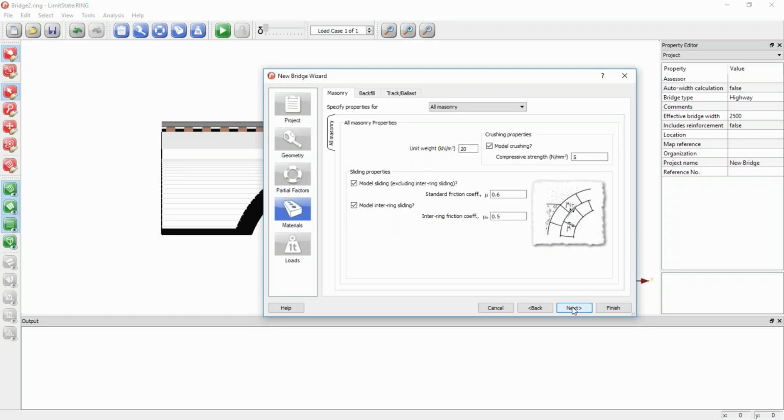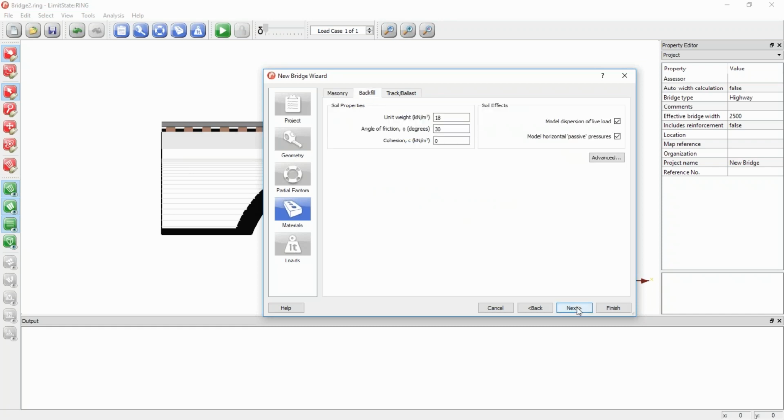Move on to the masonry. We can choose to have all the masonry the same, or we can choose, if we had a multi-span bridge, for example, we can choose the piers to be different masonry to the barrels. Here I'll keep everything the same. You can see that the key parameters that we're looking for are the unit weight and the compressive strength and the angle of friction. Moving on,